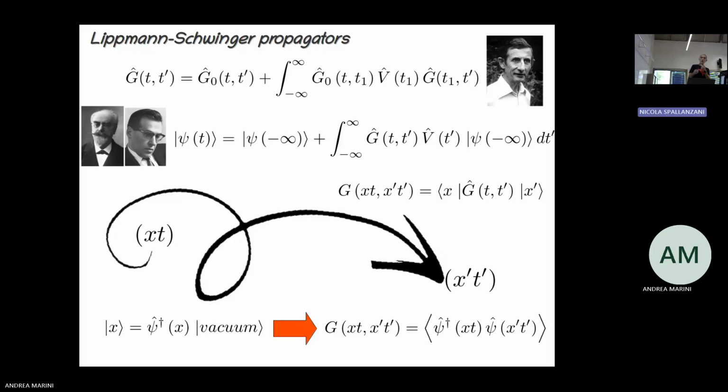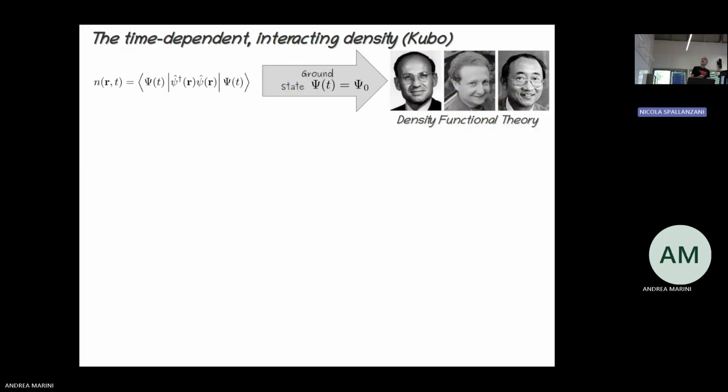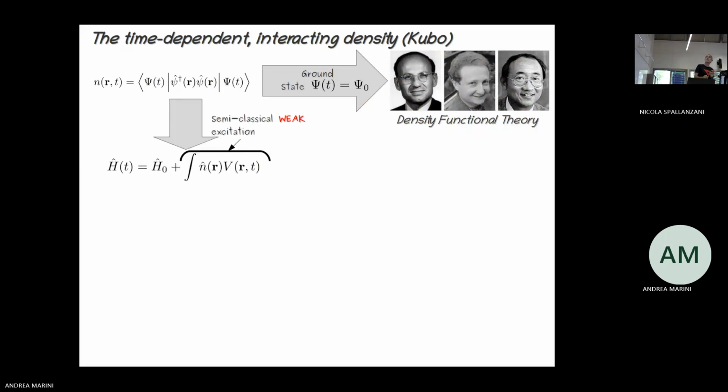Now, to go from here to Feynman diagrams, there is a bunch of math to do. Clearly now this is very simple, very intuitive. But how you go from here to Feynman diagrams, you need math that we will not do. What we can do at the moment is just intuitively to see what happens. So now the density. This is the density. This is the average of an operator. You see, it's very similar to the